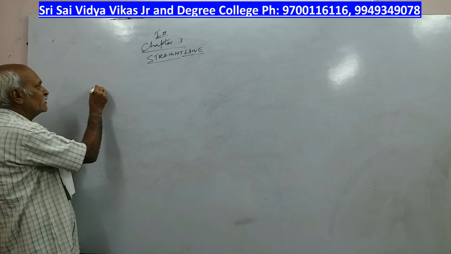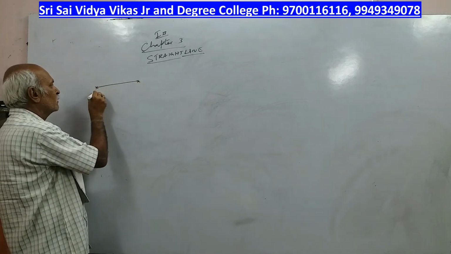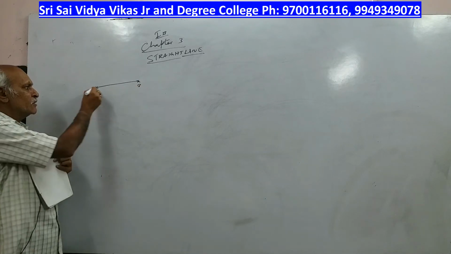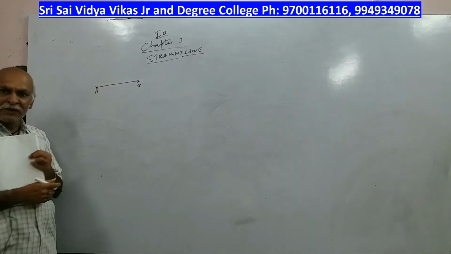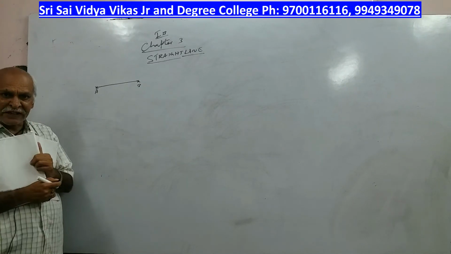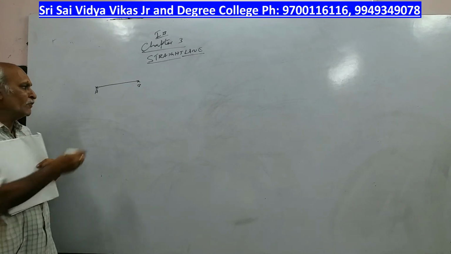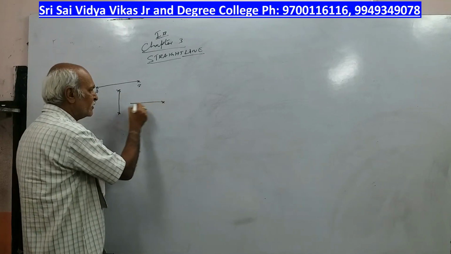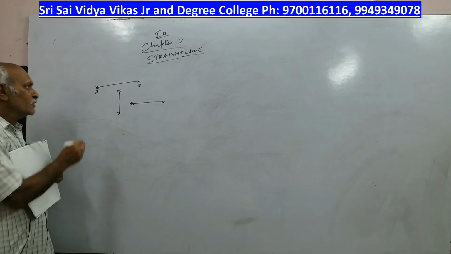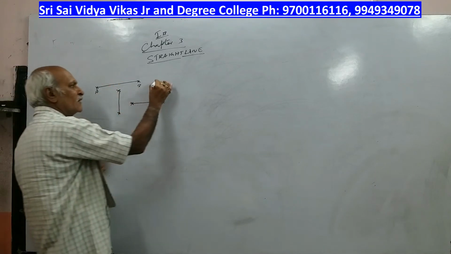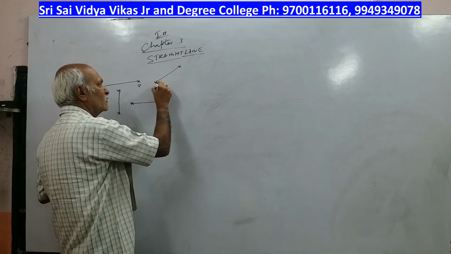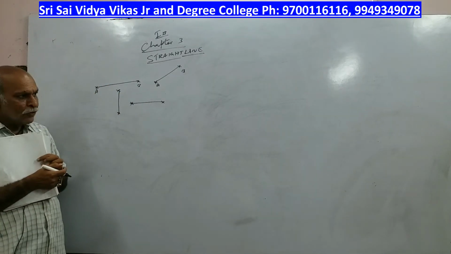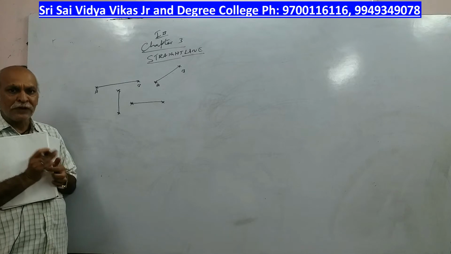What is the straight line? You join any two points in a plane. Okay, this is called a line. Instead of line we say straight line. It can be horizontal, it can be vertical, it can be like this also, or the line can be slant like this also, so it can be any form. So what we say is straight line. Once we say straight line, we should have two concepts.